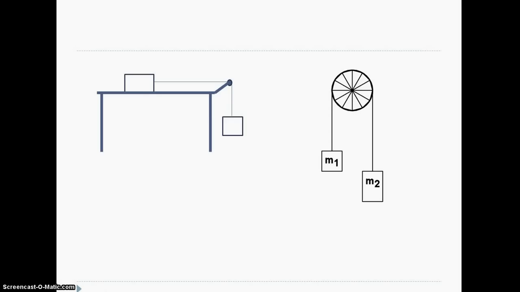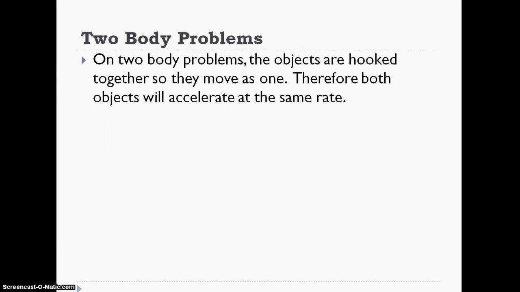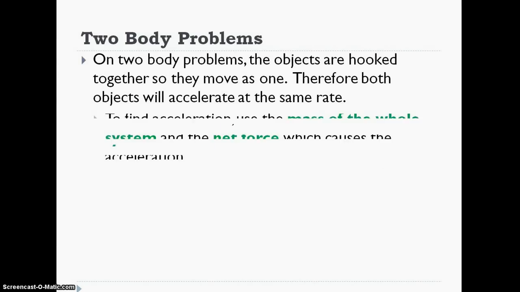Same thing with the one on the right, you would call that an Atwood machine. So you have the modified Atwood machine, which comes from the regular Atwood machine on the right, and that's when you have two unequal masses over a pulley. Conveniently, all of these pulleys are considered frictionless, so we don't have to do any math with them, but it does give us a unique problem-solving strategy to look at in these. So here's basically what you do. They're going to accelerate at the same rate.